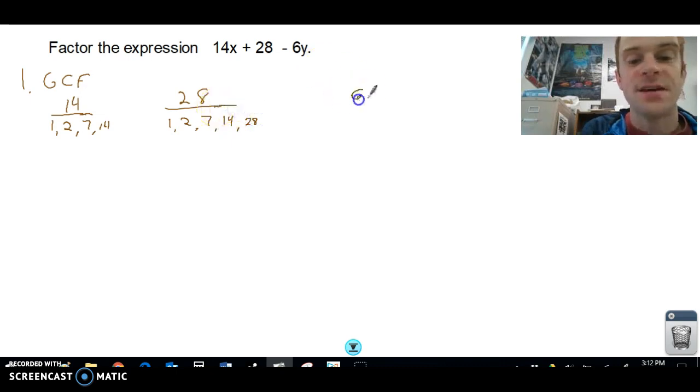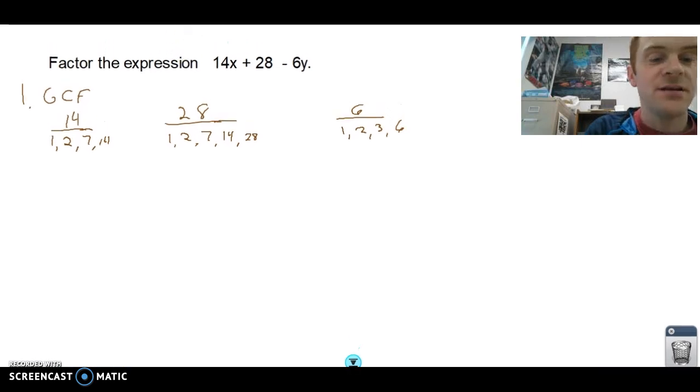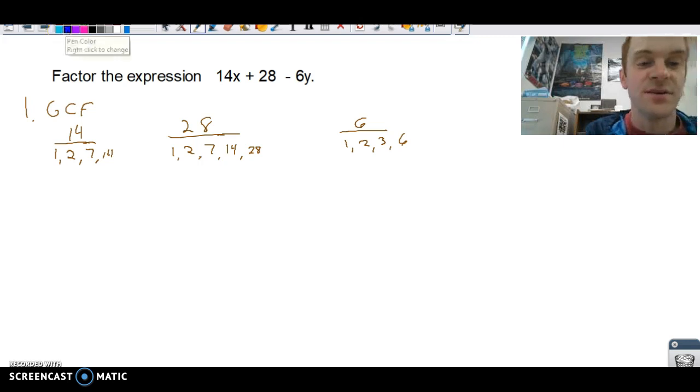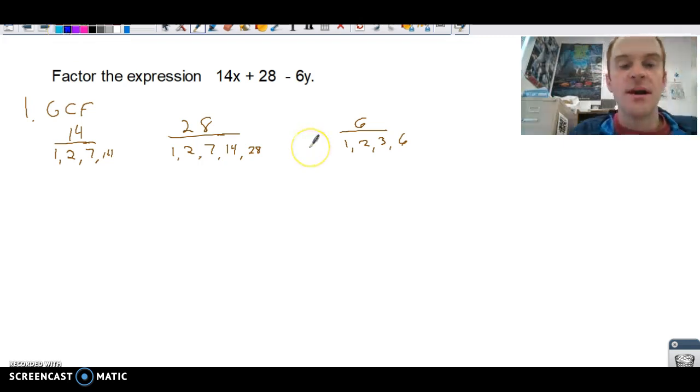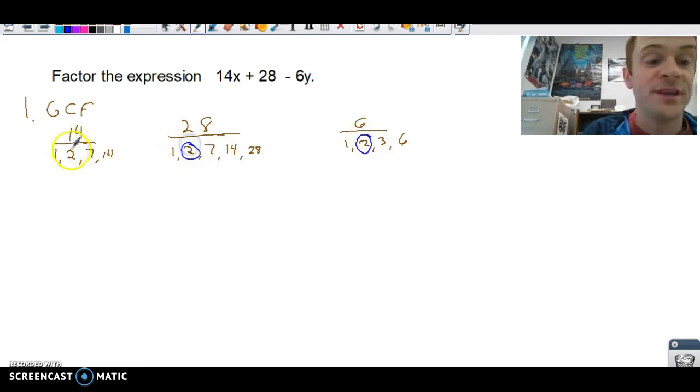And then 6. Well, 6 can be divided by, we saw this before, 1, 2, 3, and 6. Alright, so now I look and I examine this. What's the greatest common factor is what I'm looking for. Alright, so my biggest factor that I can divide all of them by is actually coincidentally, once again, the number